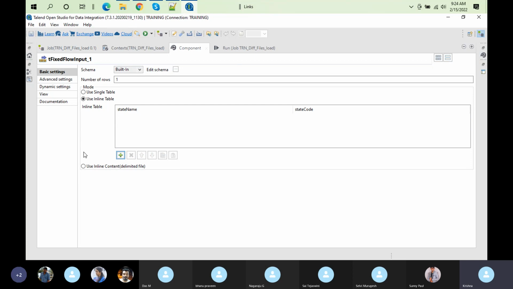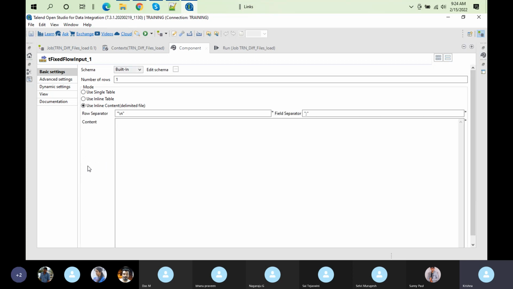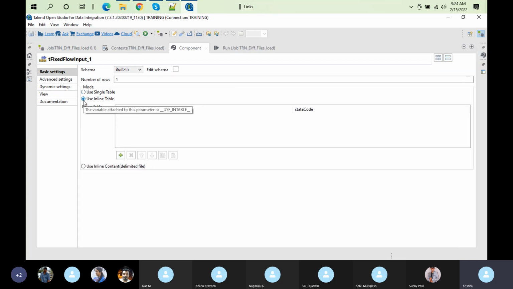Or you have data in a delimited format. So it's going to be fixed, so you can use the delimited format data. So I'm going to use inline first, so you can understand how it is used. So here, what are the states we are having? We are having